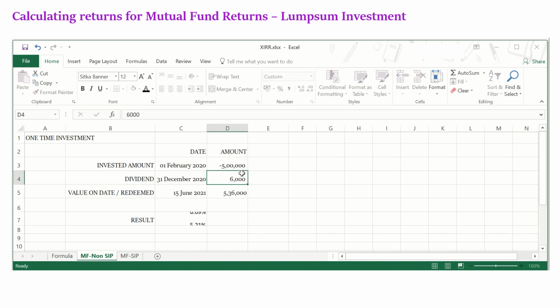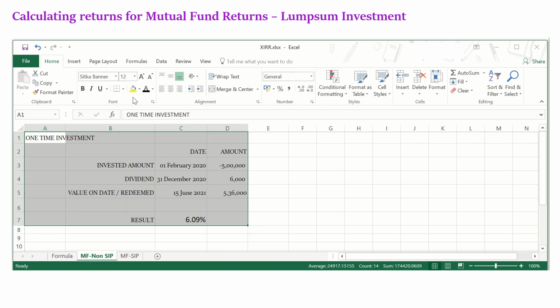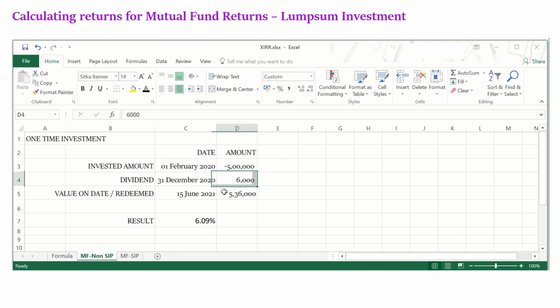Since that is inflow, we calculate it as plus value, and you can see the returns has increased from 5.2 percentage to 6.09 percentage. So let me make it slightly bigger for you all to see. Okay, 6.09%.